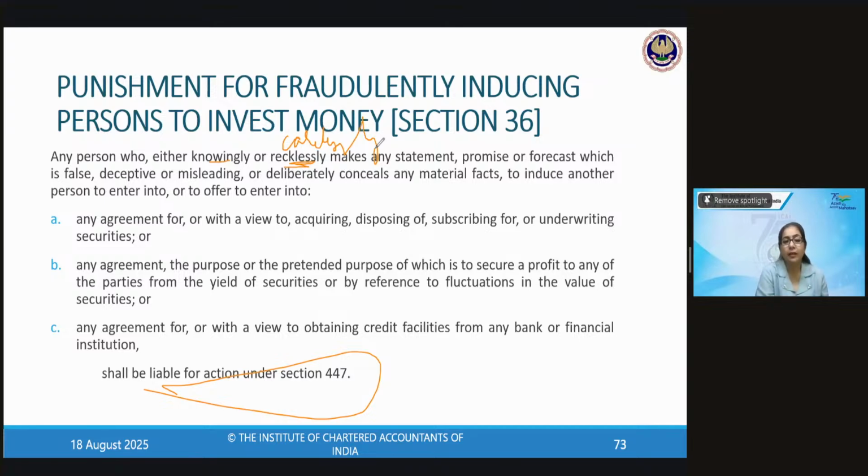मैंने कहा आज आपकी इकोनॉमिक्स की क्लास है, इसके बाद आपकी अकाउंट्स की क्लास है, ऐसे ही कह दिया अपने मन में आया, या फिर जानबूझकर झूठ बोला. सो ये क्या होता है? रेकलेसली. Any person, हमने प्रोस्पेक्टस में ऐसे ही बोल दिया, हाँ जी हमारा डायरेक्टर शाहरुख खान, ऐसे ही अपने आप से बोल दिया मन से. कोई भी स्टेटमेंट बोली या प्रॉमिस करा या forecast करा which is false, deceptive or misleading, or deliberately you're trying to conceal any material facts, then to induce another person, दूसरे बंदे को उकसाने के लिए,